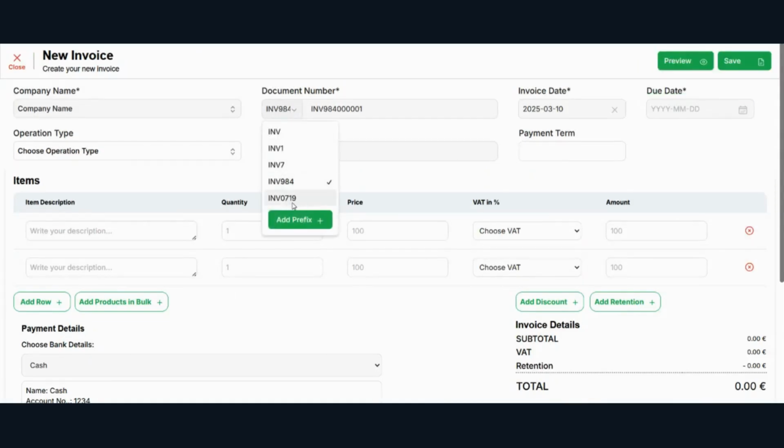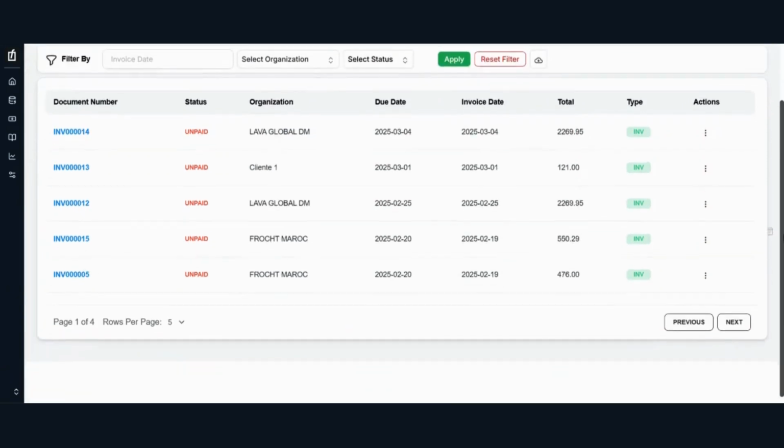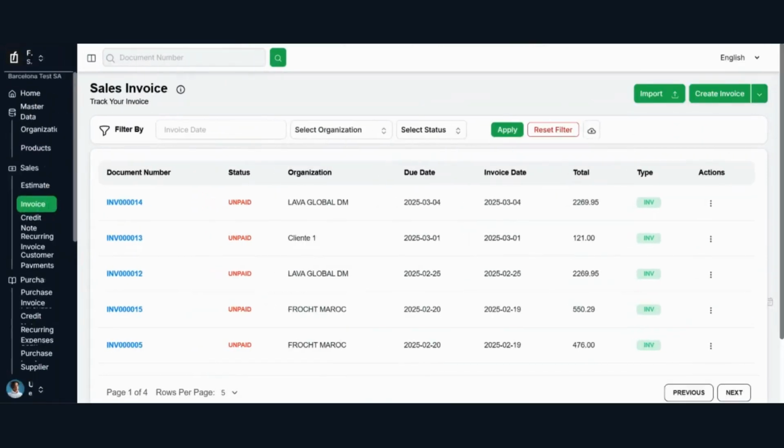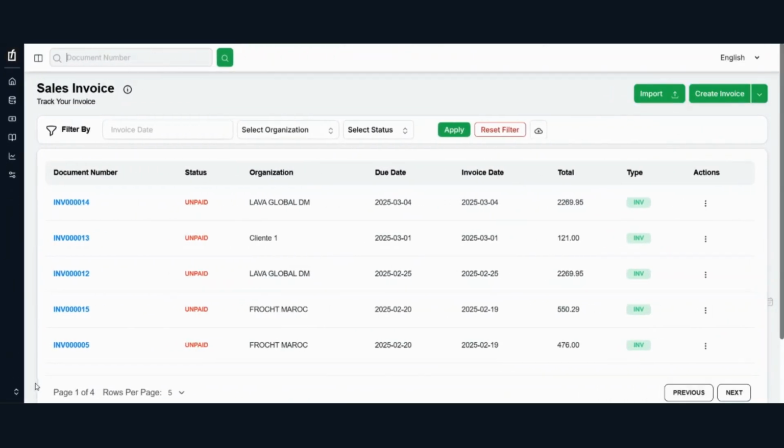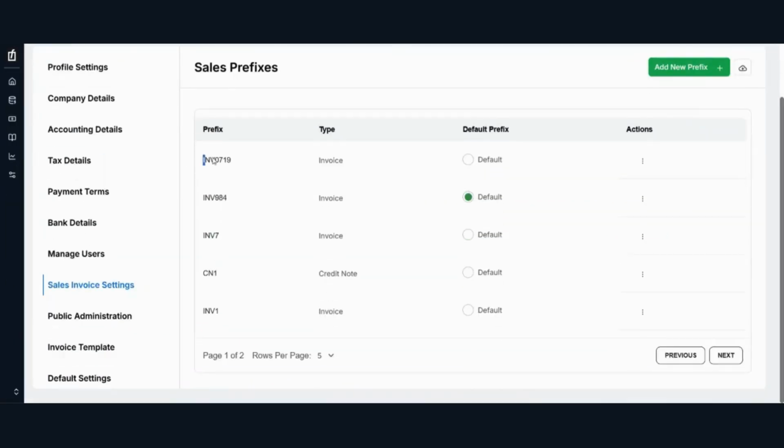See, this list is showing here. Now when you refresh it or when you see this result, this 984 you chose as default, right? So it automatically comes. You can choose this one, then it is modified again. So that's it about the prefix option. Now let's move to the next. Now you can see here your two new prefixes, right?